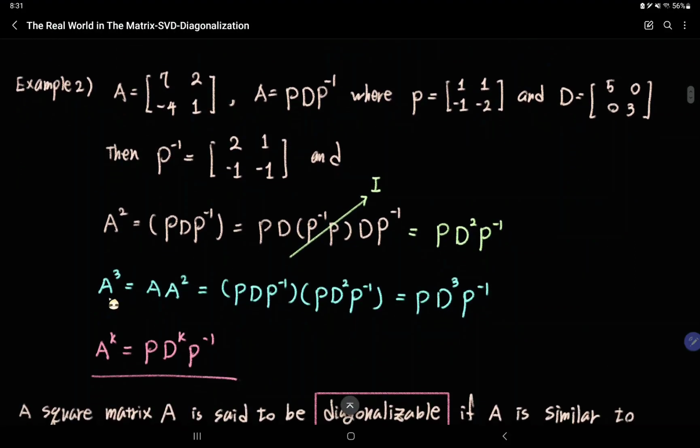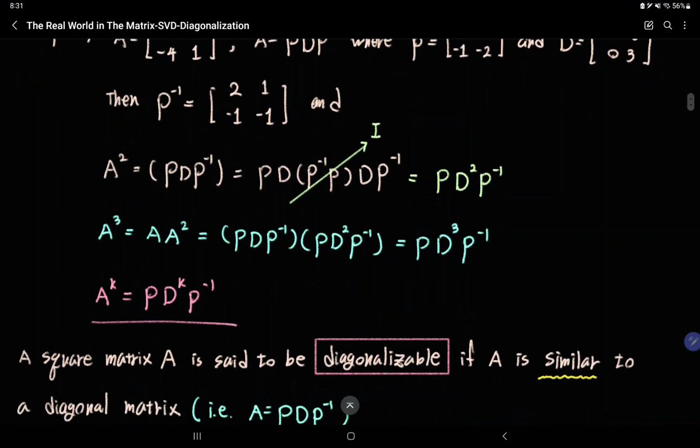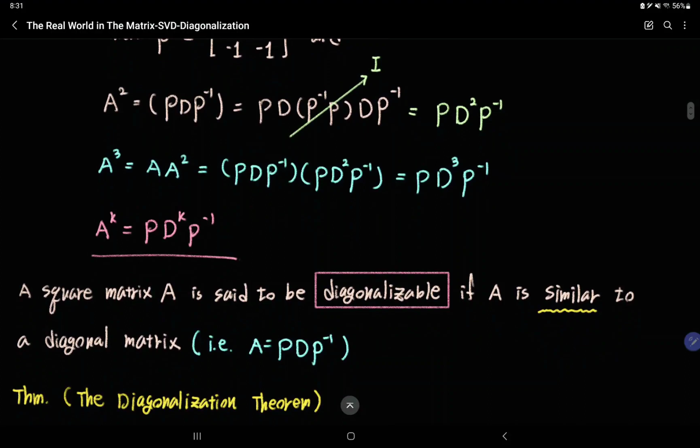And then what about the third power? Similarly to what we did here, we compute the P inverse times P first. Then we got this. So now you see the pattern: A to the k-th power is equal to P times D to the k-th power times P inverse, right? So if A can be factorized as P D P inverse,